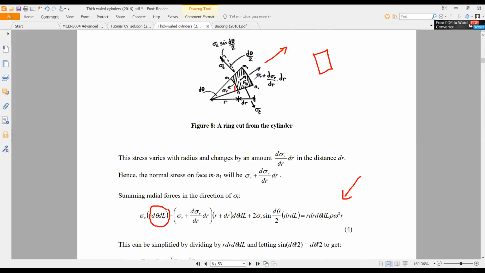This is the stress multiplied by this surface area, that is r plus dr, the radius. You can see r plus dr multiplied by d theta, that is the arc length, and multiplied by dl, that is the area. Okay, and then